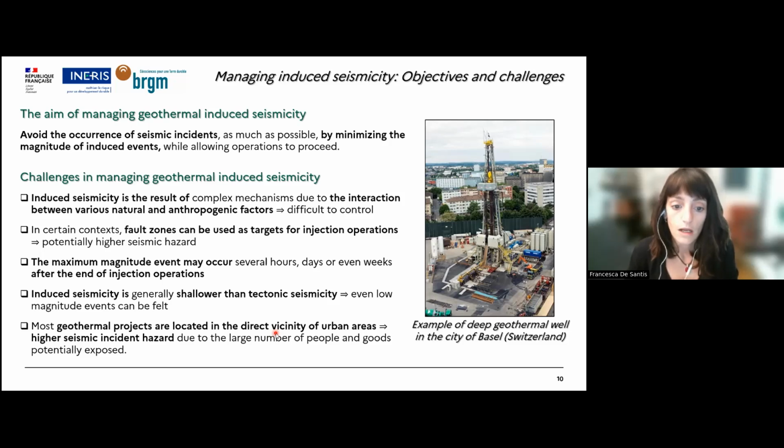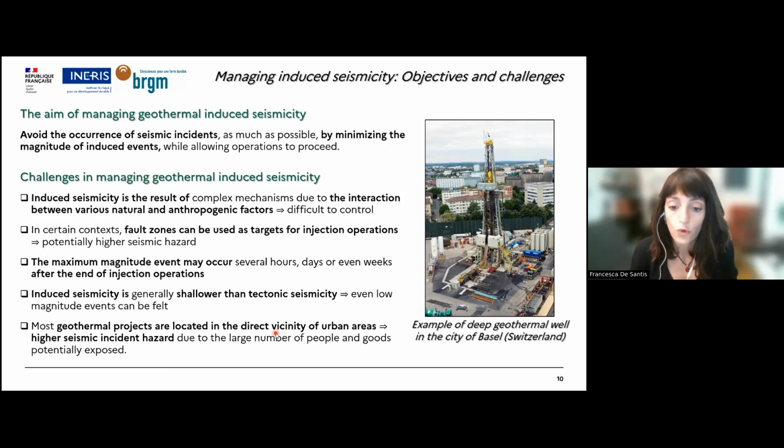First of all, the induced seismicity is the result of a complex mechanism due to the interaction between different factors, which are natural and anthropogenic. So it's a difficult phenomenon to control. And then also we have some aspects which are